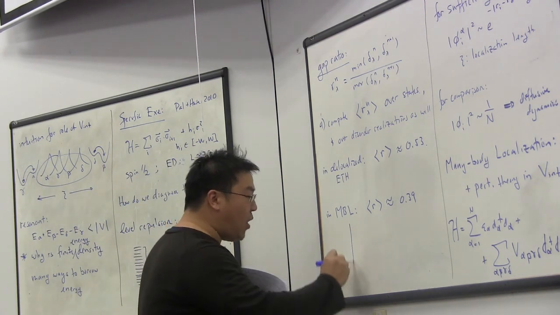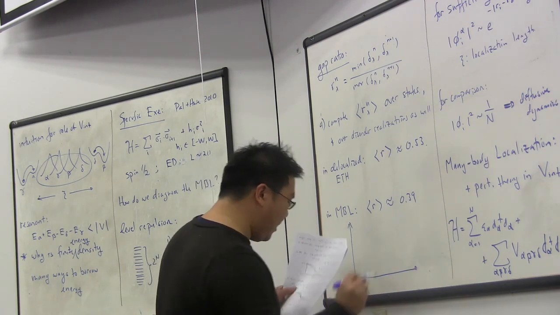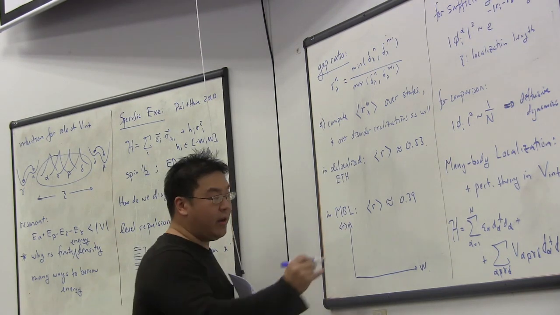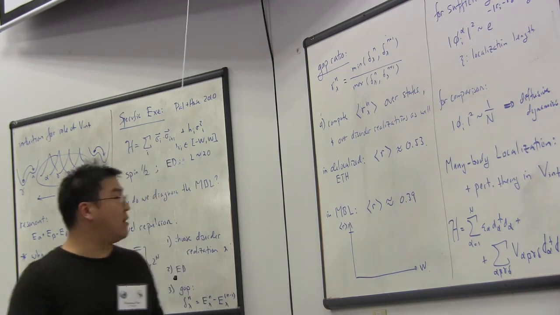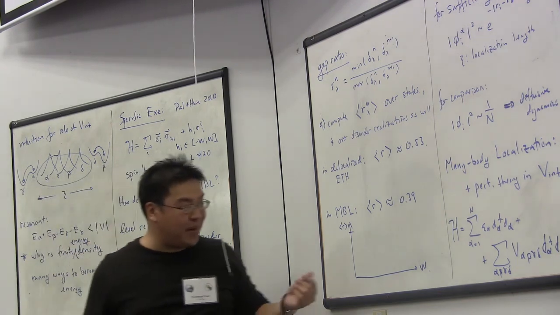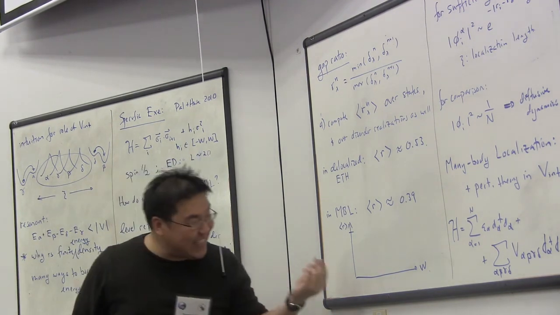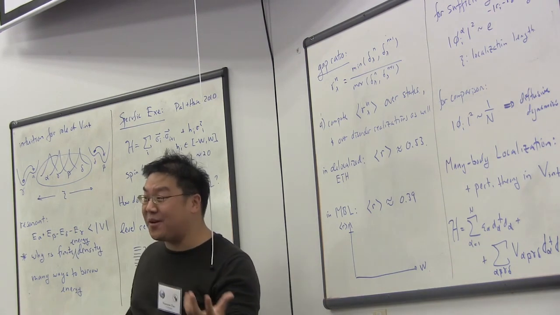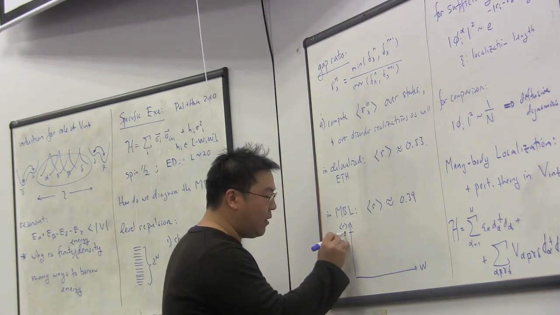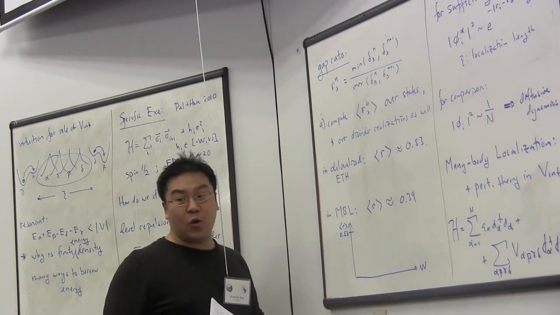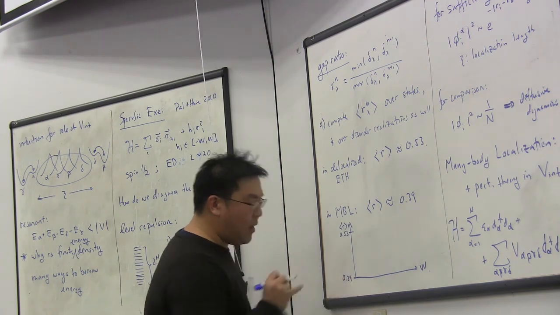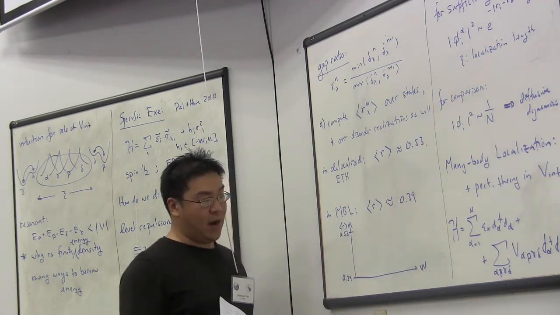And now let's ask ourselves, what do we expect to see in a set of numerical data, for example, as a function of the disorder strength and R? So at small disorder, we don't want to really work where disorder is 0, because this model has the sad property that when W is 0, this model is integrable. So when I say small disorder, I'm really thinking finite disorder away from 0, but small so that you're not localized. In this case, we'll have things start off in the delocalized phase for weak disorder at 0.53, and we'd hope that things end up in the large disorder case at 0.39.